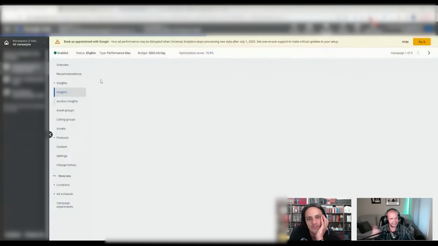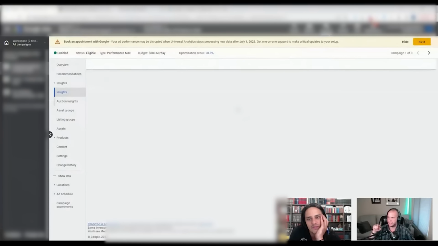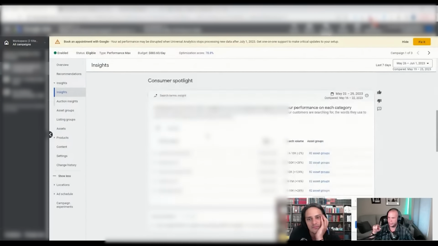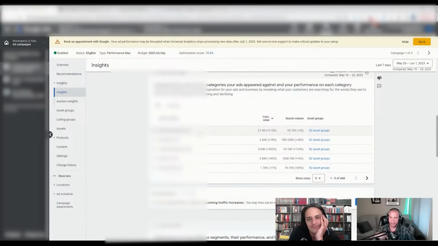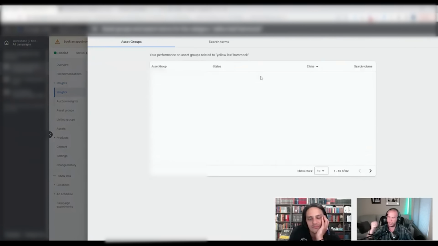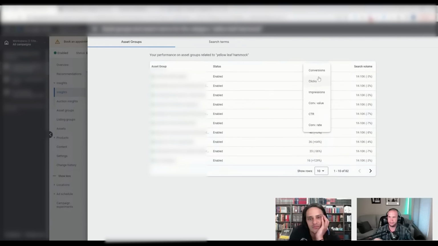And then you look at the Insights tab. After you look at the Insights tab and scroll down, brand matches 82 of my asset groups, even though it is quote unquote removed as a branded keyword, and Google would just keep continually screwing me. And you look at the asset groups and say, where are all these branded conversions coming and converting from?